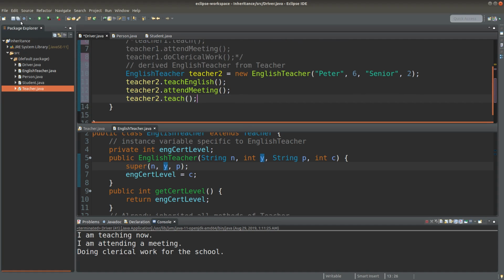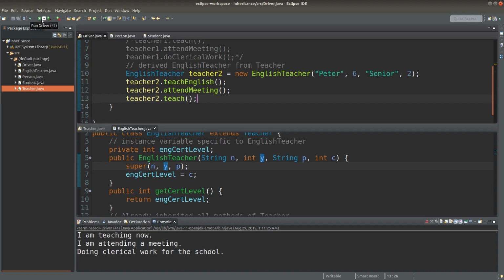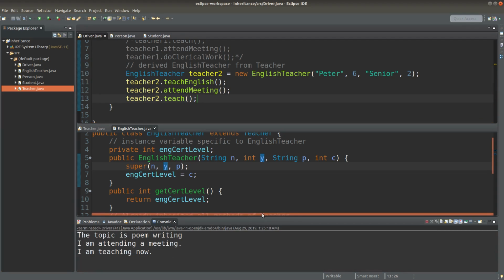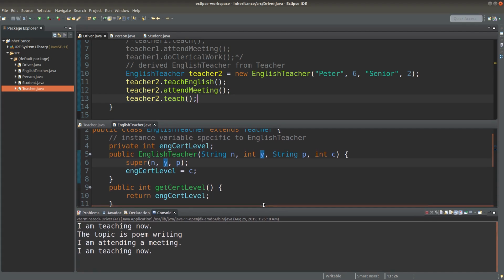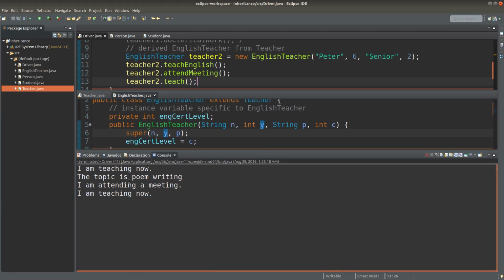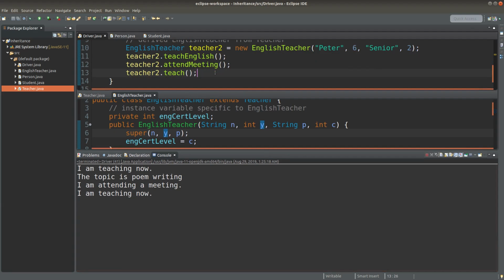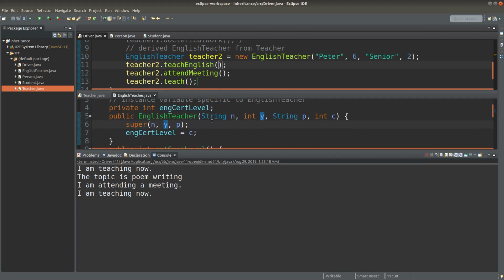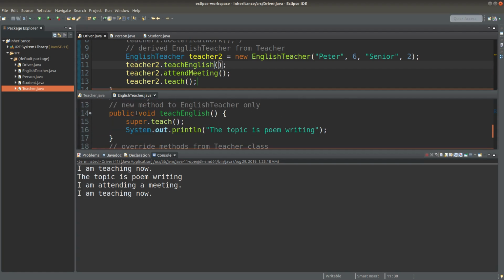So let me try to run it. Okay, when I tell teacher2 to teach English, I will simply call the teach English method from the English teacher class. Okay, so for this method,